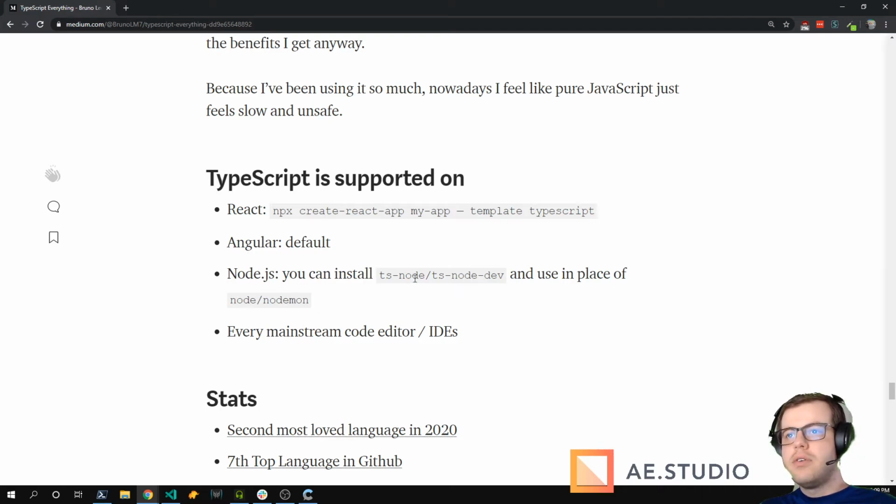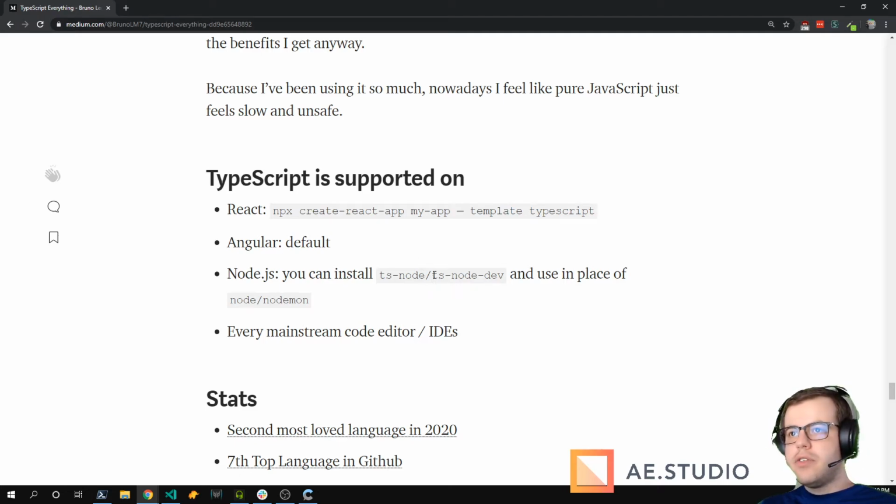And in Node, you can install two packages. You have to install tsNode, which is going to replace Node when you call the command node index.js. Instead, you call tsNode index.ts, and that's going to run your TypeScript code.